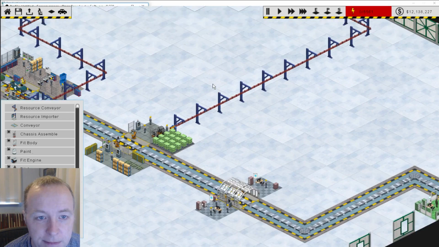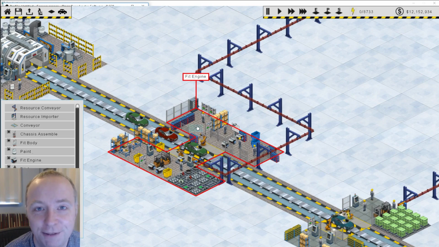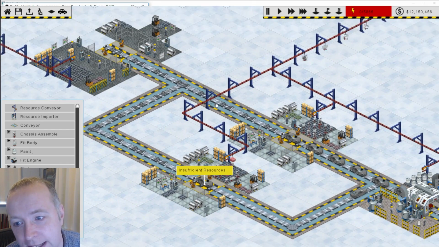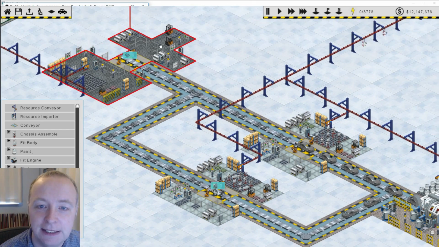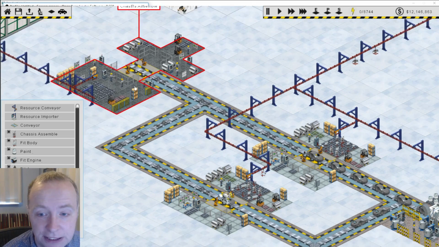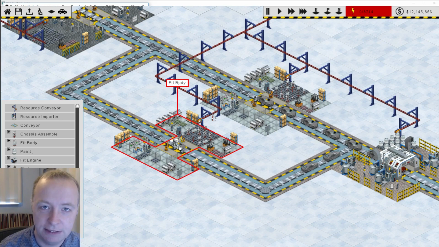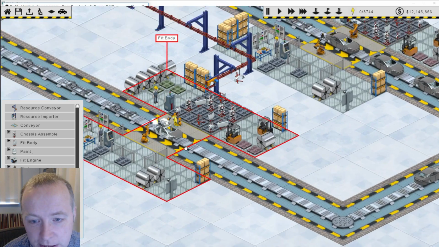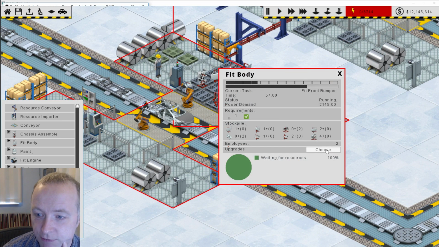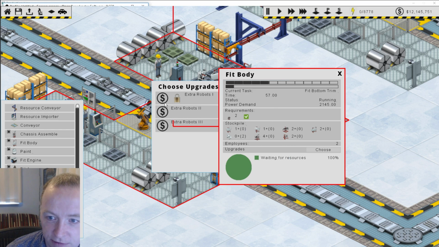Now, where were we? Yes, okay, so we've done some research and we've researched more robots. So what I need to do is look at where we're being held up. And oh my god, we are being held up here. Basically this, let me pause. This, which is chassis assemble, is obviously more efficient than fit body. In the long run, we'll be able to break down fit body into various components. But in the short run, you might notice there's only 2 robots, which is a little bit slow. So now because I've researched it, I can go to upgrades and all placeholder GUI, and extra robots,